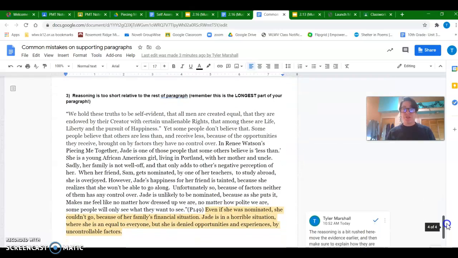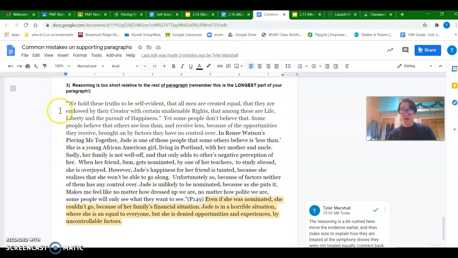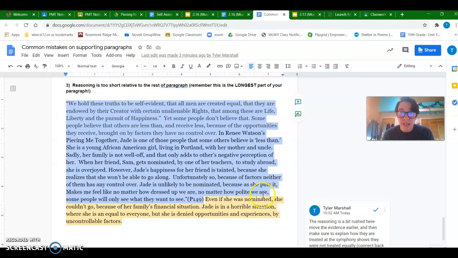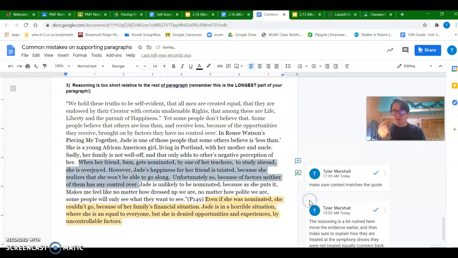Okay, last category is just that the reasoning is too short. So this is supposed to be the longest part of your paragraph. And this particular paragraph, again, super well written, opens with a great quote, talks about equality, gives great context and evidence. But at the end, well, two things. One, I would say the quote that this person chose was about the symphony, and the context that they give is about the study abroad program. So what I would say is just make sure context matches the quote. So make sure you're describing the moment where the quote actually takes place. And then at the end,